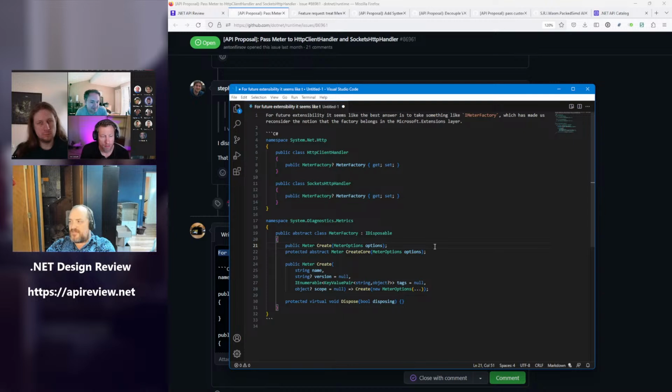Especially for the testing scenario, which we think is one of the primary scenarios for this, having to interpret how create calls get translated to create core, and which ones are ignored, and what's expected when you're writing tests is going to be annoying.